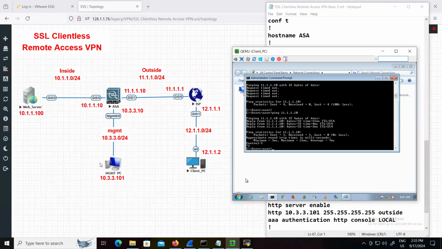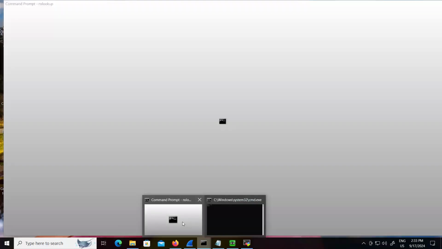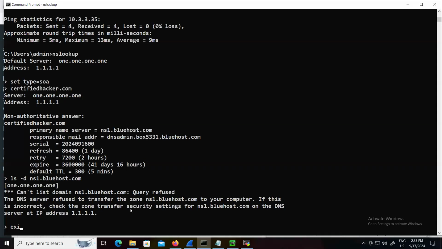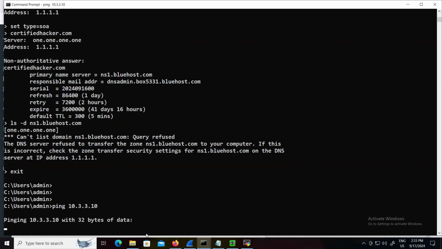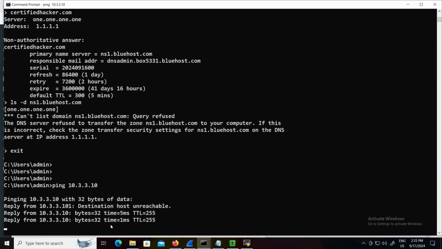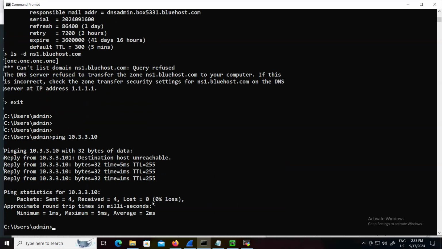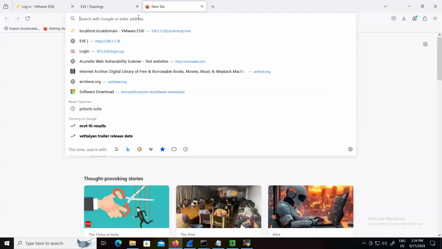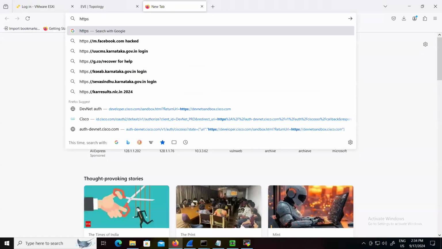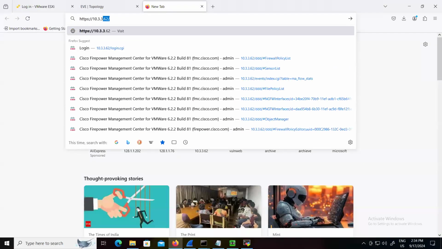Now let's focus on the management part. So on the ASA management interface, we have already configured it. Let me try to ping from here. And also let me verify I have the connectivity with the ASA. How do I verify this is ASA? This can be any device, but TTL value 255 is Cisco, right? Now let's go here, and if I say HTTPS 10.3.3.3,